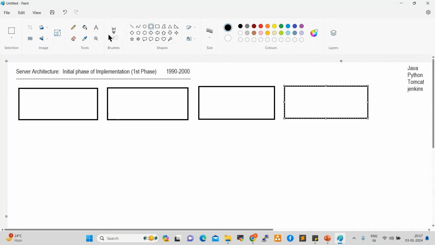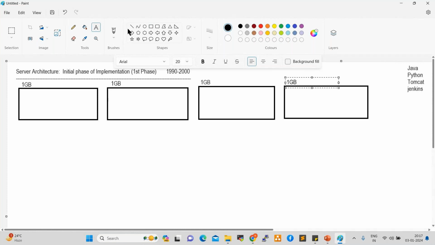By the time of the 1990s and early 2000s, the highest capacity of storage was 1 GB only. So these are all 1 GB servers. Project teams used to take four servers for four applications.